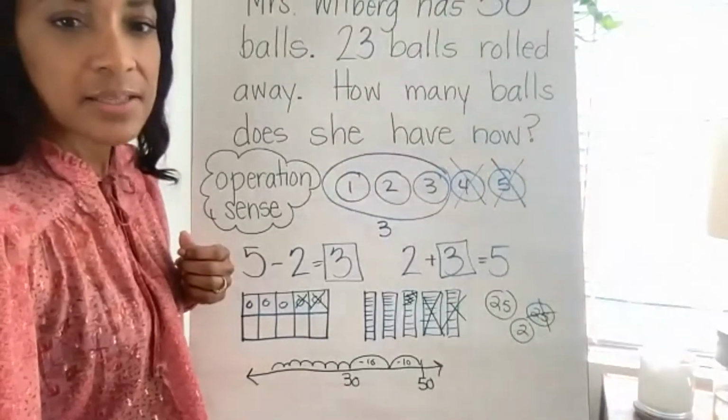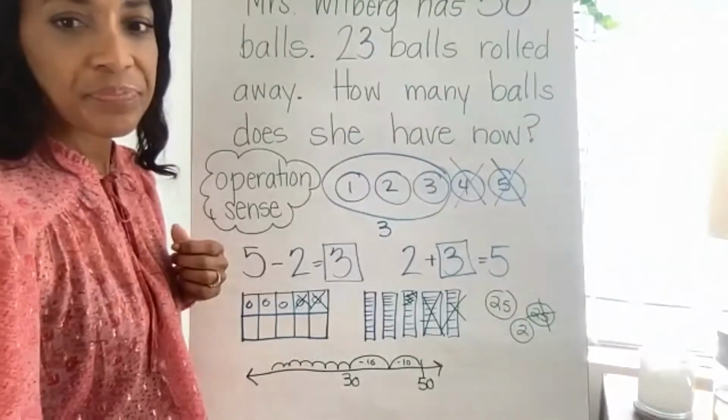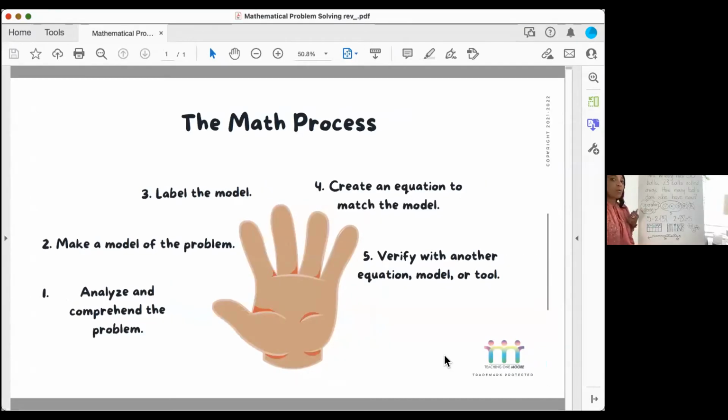So that being said, let's go back to this one more time. When you're working with your kids at home, if you could check to make sure that they understand the problem before they solve it, it's going to make things so much smoother. I'll give you some strategies for that. Making these models is crucial for kids because, not so much in K through 2, but in 3 through 5 and all throughout middle school and high school, they have to analyze models and make sense of them, right? It's like looking at charts, data, and graphs. So creating these models is going to increase their ability to understand other models.